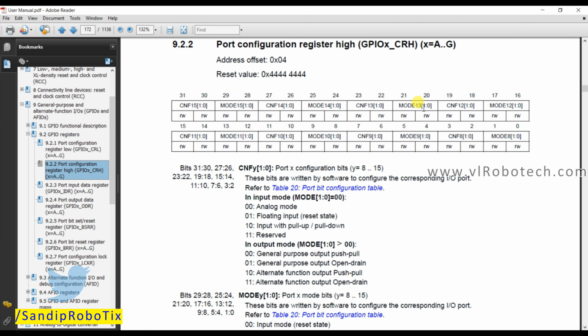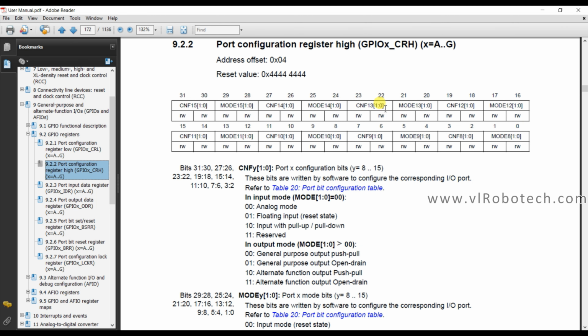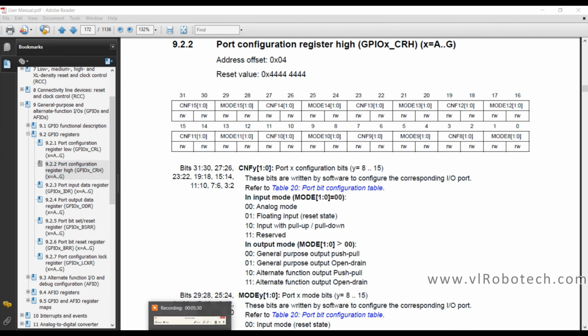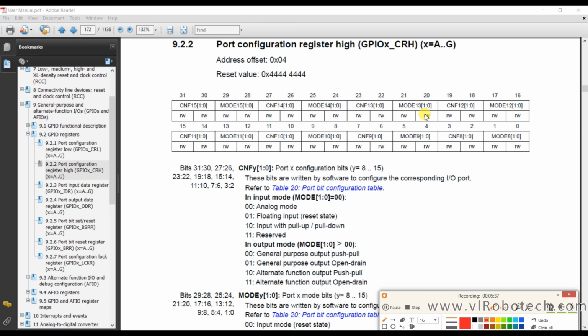So it will be 1, it will be 1, and it will be 1, and it will be 1. Okay, so I will explain you clearly. It will be 1, 1, 1 and 1. So in binary form it will be 15.